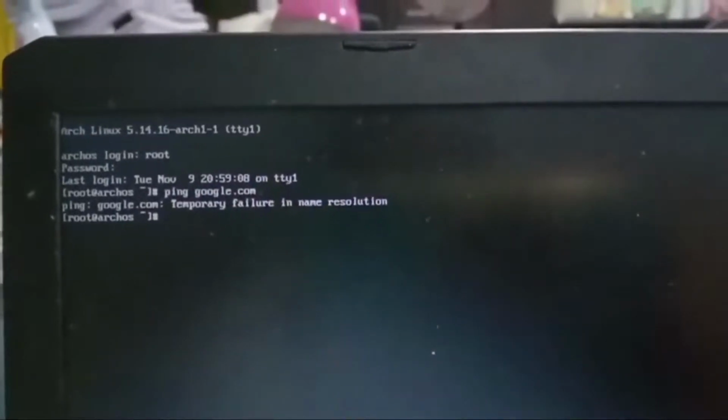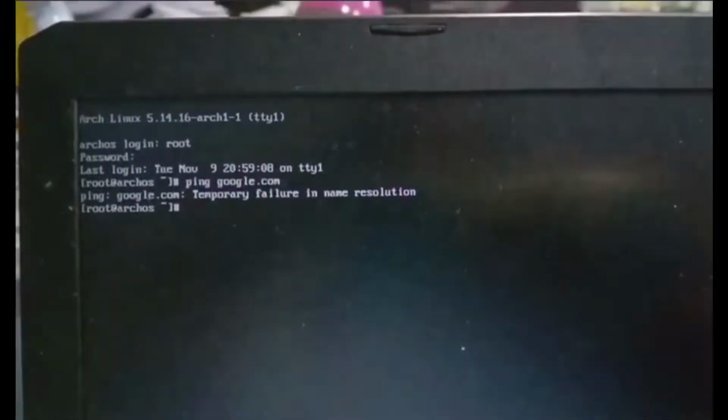Now, you may be thinking that you are connected to the internet, but it's not. Let's try to ping google.com. You'll see that you get a name resolution failure, like what I showed you in the picture here. That is because your interface has changed. It's not wlan0 at all right now. It will be changed to your interface. So this time you may have to type in